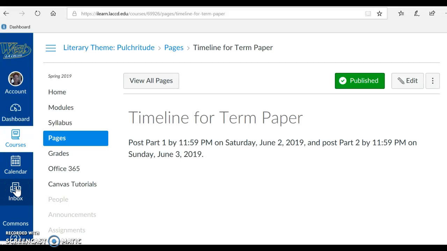I'll need to know why you can't submit the paper. To complete the course, you will need to complete the term paper. But if you have an emergency situation, we'll definitely try to work out a solution for you. Okay, I'm going to click on the back arrow,